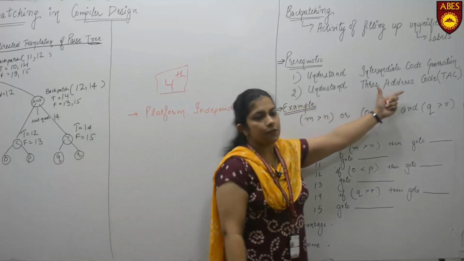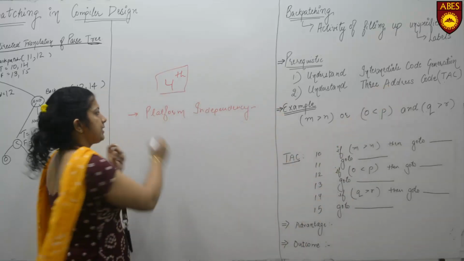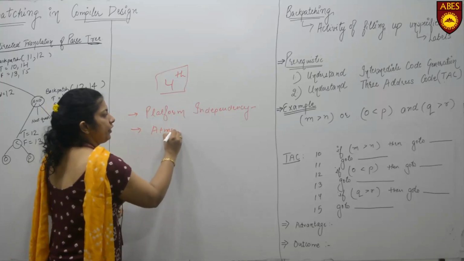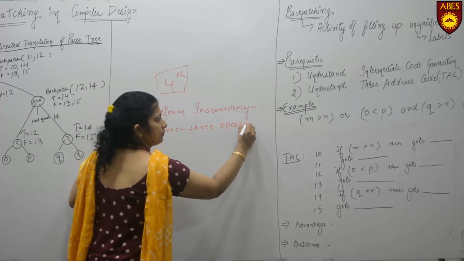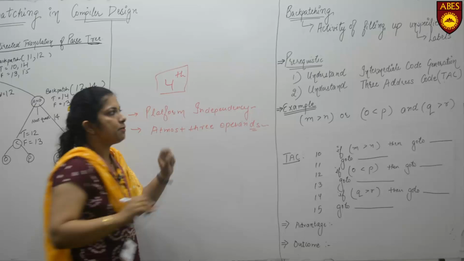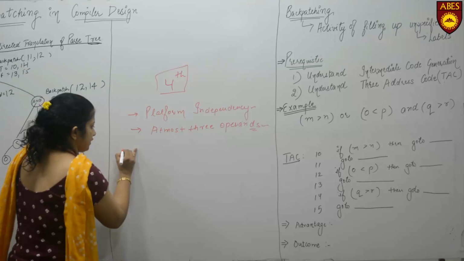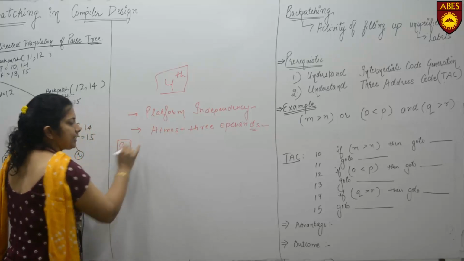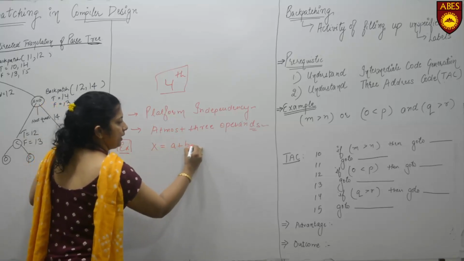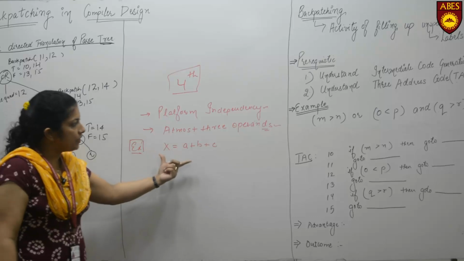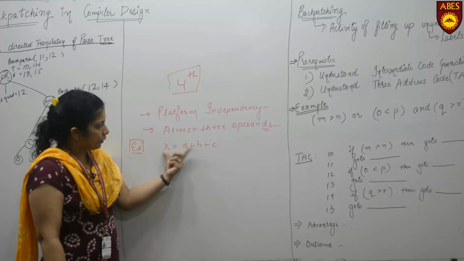Now, the second one is the three address code. Three address code is an intermediate code that contains at most 3 operands. Take a simple example of how to construct the three address code. Take an assignment statement, that is X is A plus B plus C. Here we analyze that it contains more than 3 operands. So